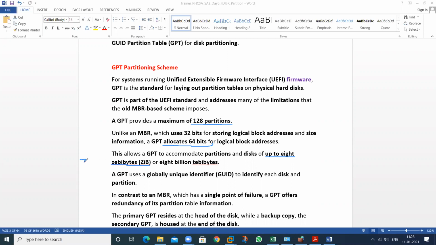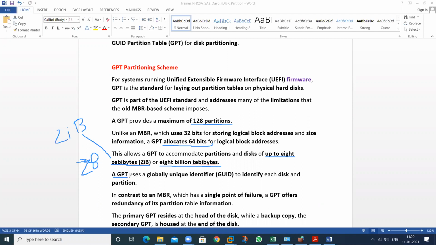If I use ZB, it's called zettabyte. If I use ZiB, it's called zebibyte. So how many TB are in this? That is 8 billion terabytes.